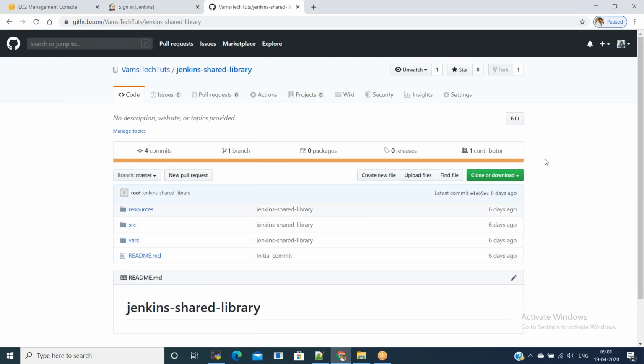In Jenkins shared library, you will have three folders: vars, src, and resources. The vars directory holds the global shared library code that can be called from the pipeline. It has all the library files with a .groovy extension. src is a regular Java source directory, and resources will contain non-groovy files required for your pipelines. Now we are going to integrate this Jenkins shared library in Jenkins UI.